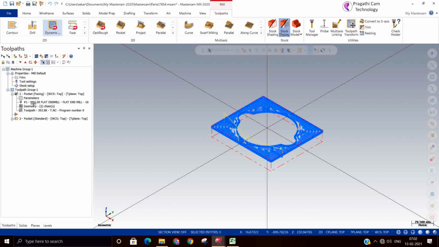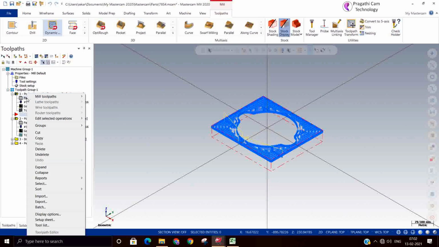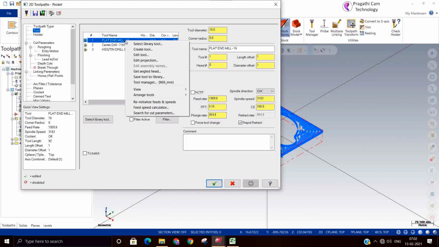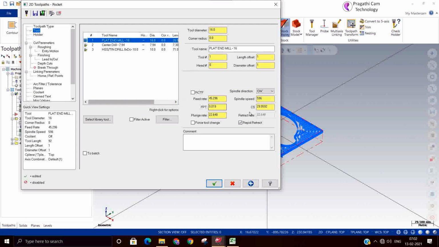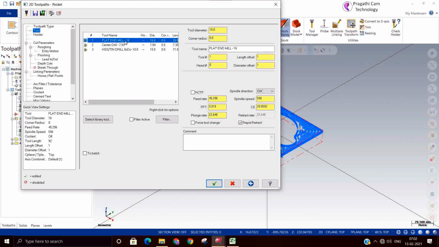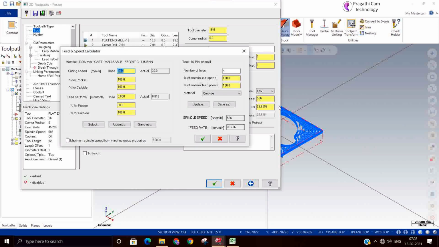So now I modified it for the steel. Now I can say reinitialize and see that the feed rate and spindle speeds are modified. If you right click and go to the feed calculator, that will also go to the same page only.